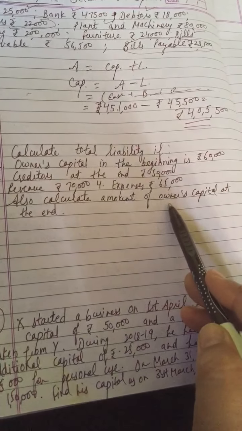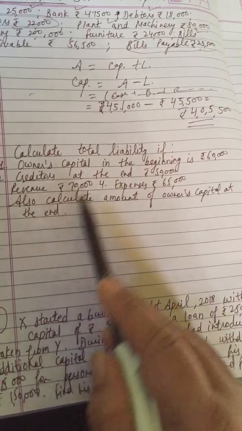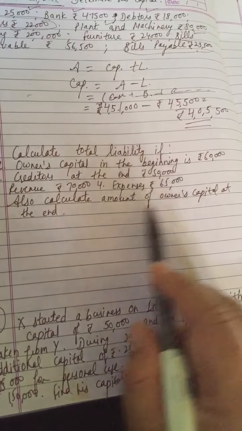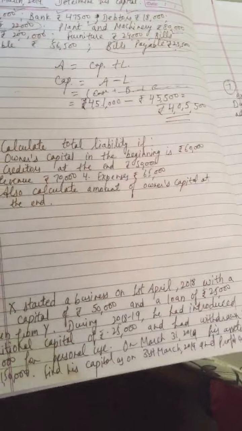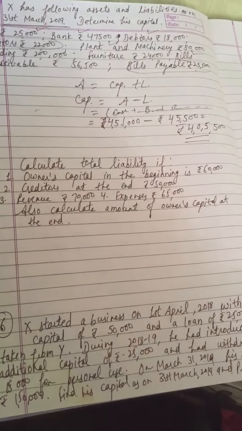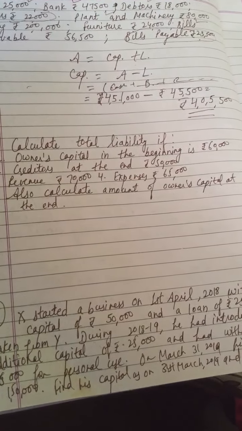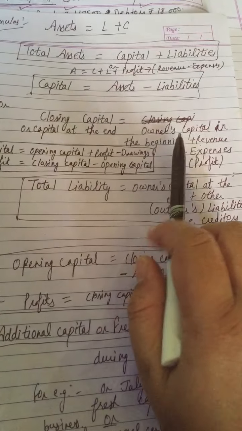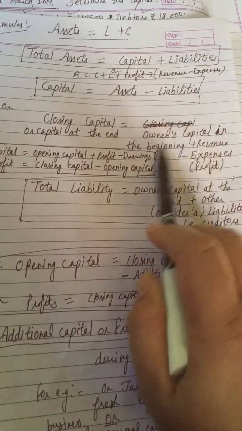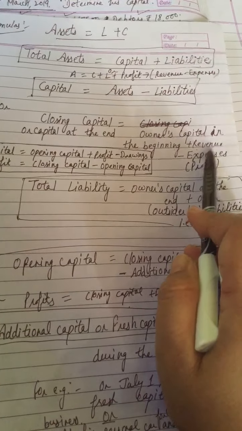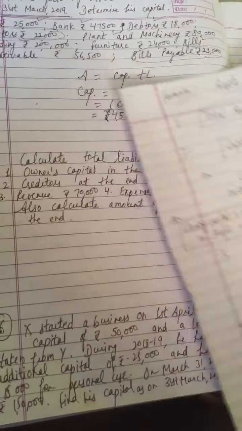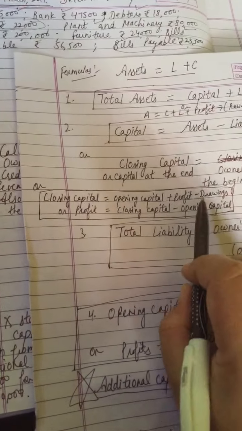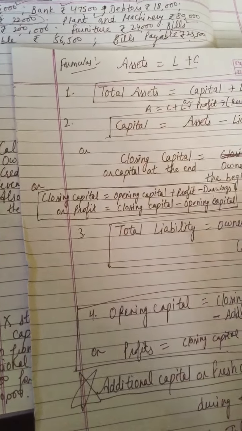Also calculate amount of owner's capital at the end, total liability and owner's capital at the end. So first we can calculate closing capital, and the formula of closing capital is owner's capital in the beginning plus profit, means revenue minus expenses, and we have not been given drawings in this question, so